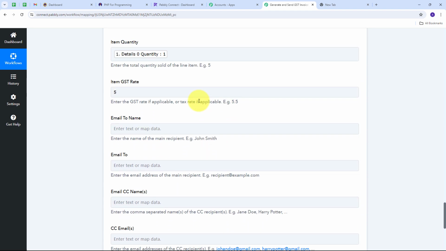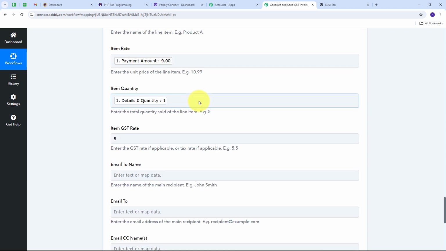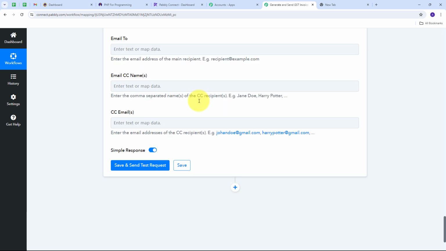Now after mapping these details, I have made these details dynamic. Now what is going to happen is that as I'm going to receive a new order or a new payment from my Instamojo account, then automatically I'm going to receive new responses, and all these details that I have mapped here are going to get replaced with the new response that I'm going to receive from Instamojo in real time. Now what I need to do is I need to scroll down, and I need to click on Save